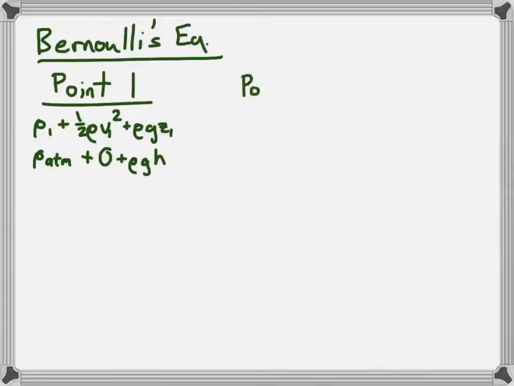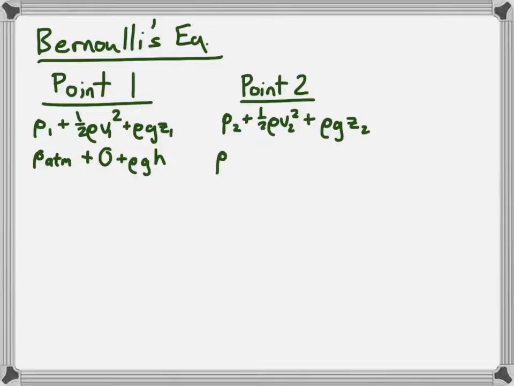Okay, let's figure out that same quantity for point 2. So P2 plus 1/2 rho V2 squared plus rho times g times Z. The spigot is also open to atmosphere, so P2 is also atmospheric pressure. We do have kinetic energy in the fluid in the form of 1/2 rho V2 squared. We don't know what V2 is. That's what we're trying to figure out so that we can figure out the volume flow rate. We're going to assume that that spigot is at a height of 0, so we can set the potential energy